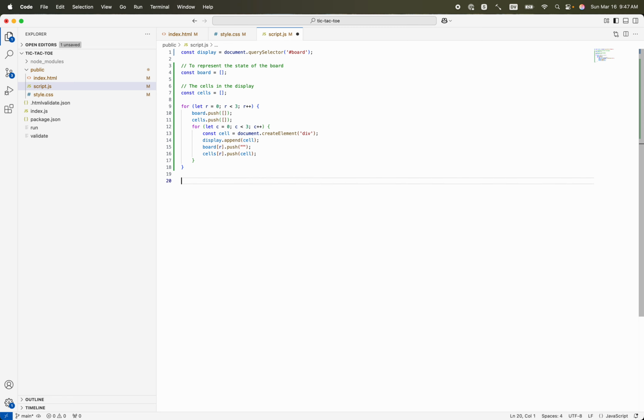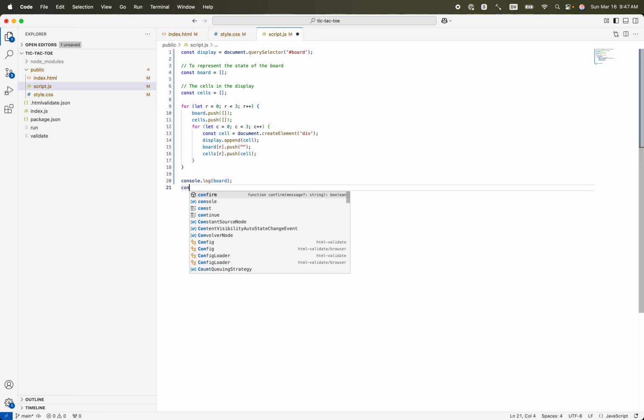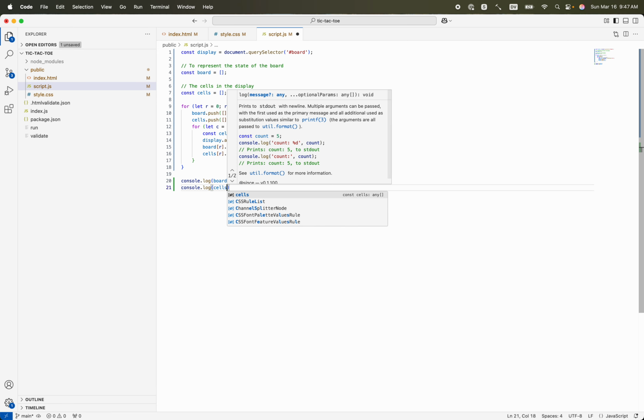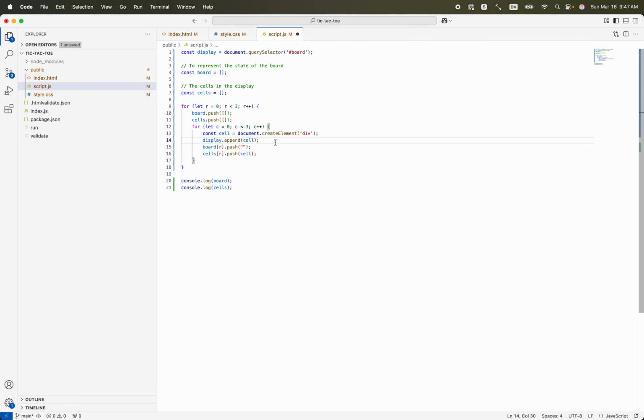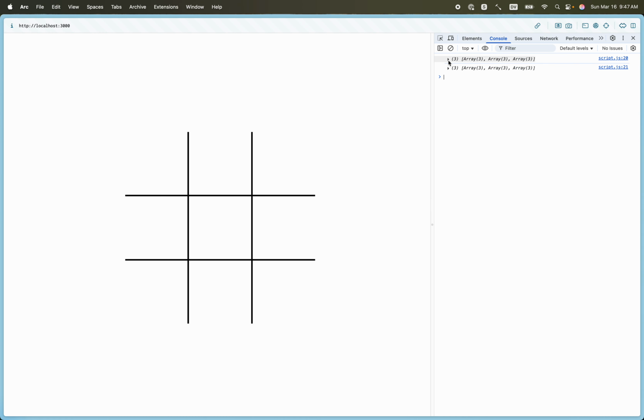And just for grins, let's see what's going on here. I'm going to log the board, and I'm going to log the cells. Save that, run it, go over to the console, and we can see at the top level they look the same. They're just a 3 element array that contains arrays. The first one, which was the board, contains a bunch of arrays containing empty strings, and the board of cells